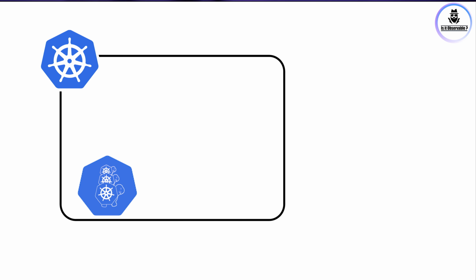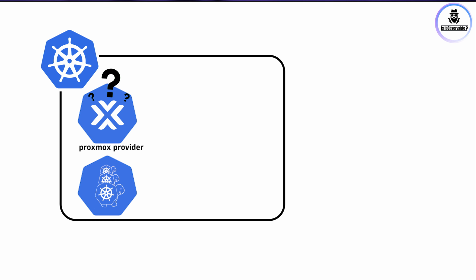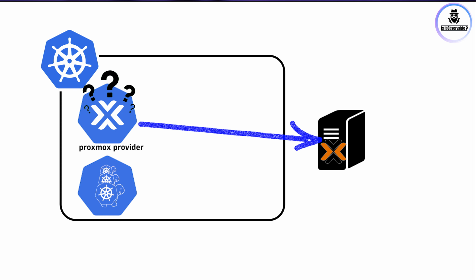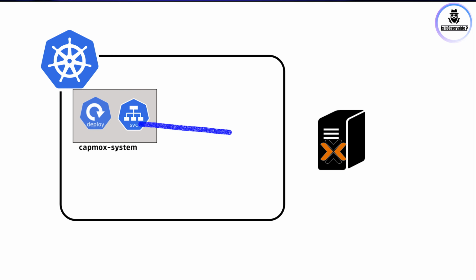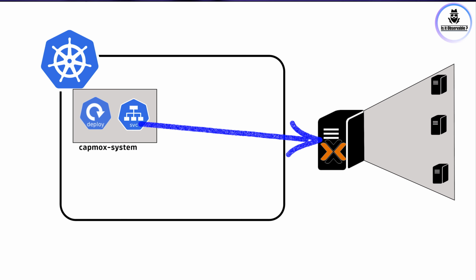Well, there are key components that the Cluster API relies on. First, we need an infrastructure, and for this, we'll require a provider to be installed and configured. By configuring, it means how the Cluster API can interact with the provider, so the actual requirement will depend on the provider that you are planning to use. In the Cluster API, you will have a dedicated namespace with the workload responsible for spinning up the infrastructure. It is usually deployed as a deployment. It has a service exposed that will be used by the control plane of the Cluster API to delegate the